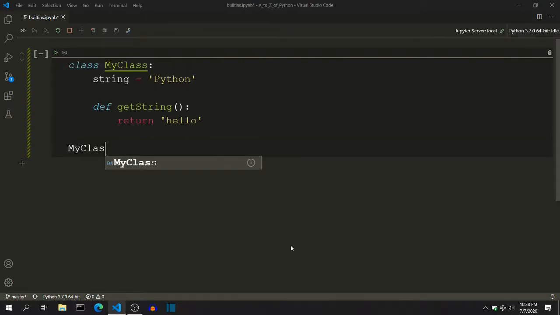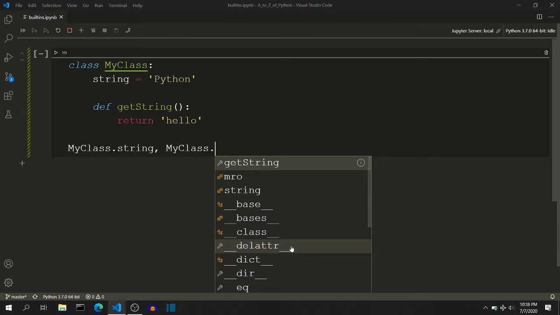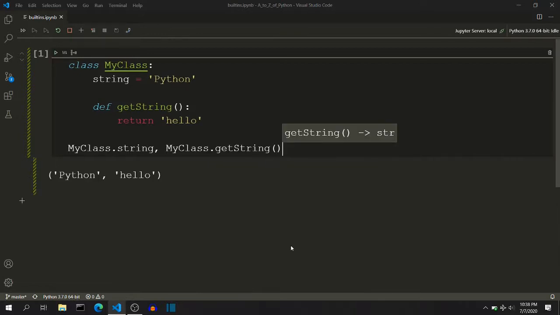Now if I try to access these attributes like this, or the function my class dot get string, then I will get the two strings back, that is the Python string and the hello string.